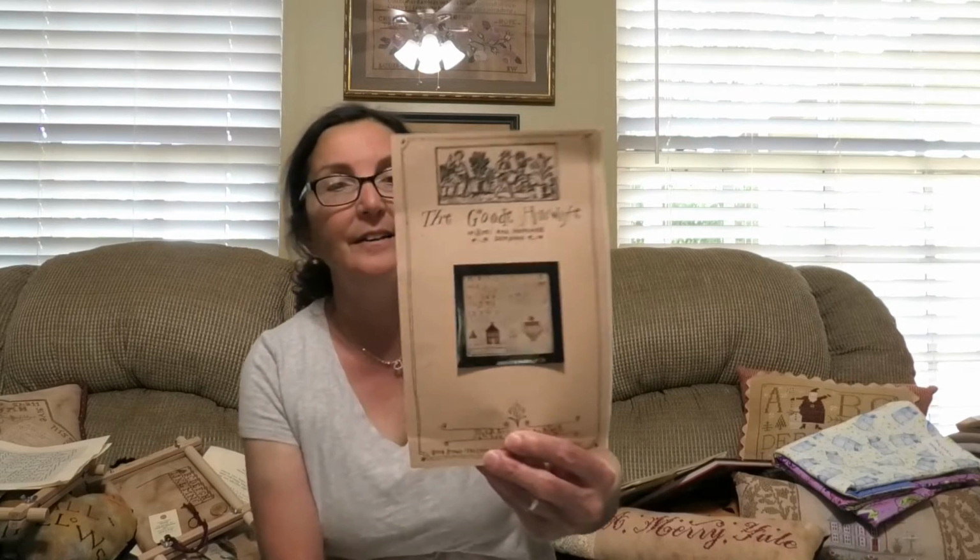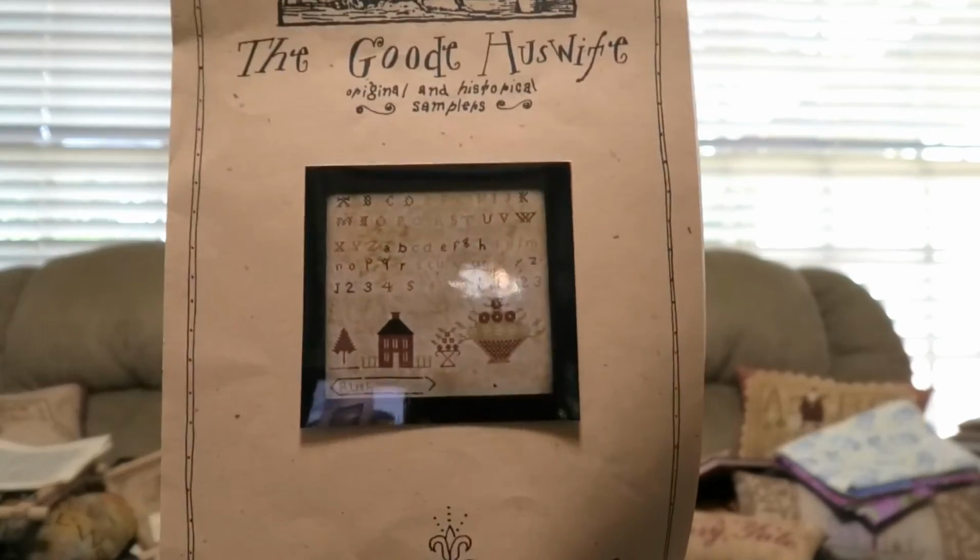So I went back and I saw it was still for sale. And I'm like, ooh, nobody bought it for $7. I bought it. I think it was like $7 plus $4 shipping. The Good Housewife. This is called Ruth Sampler. I don't know if I'm going to actually do this, or I may just save this for a giveaway. It is out of print. It is hard to find. You cannot find it. In fact, I have never seen this in print before, but